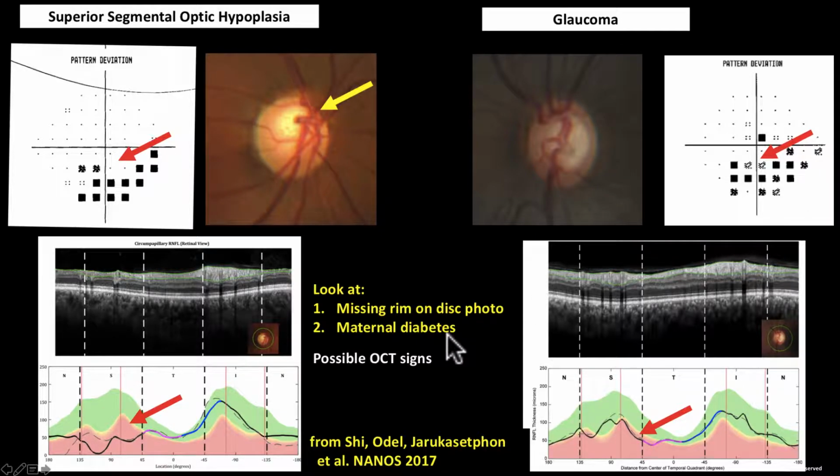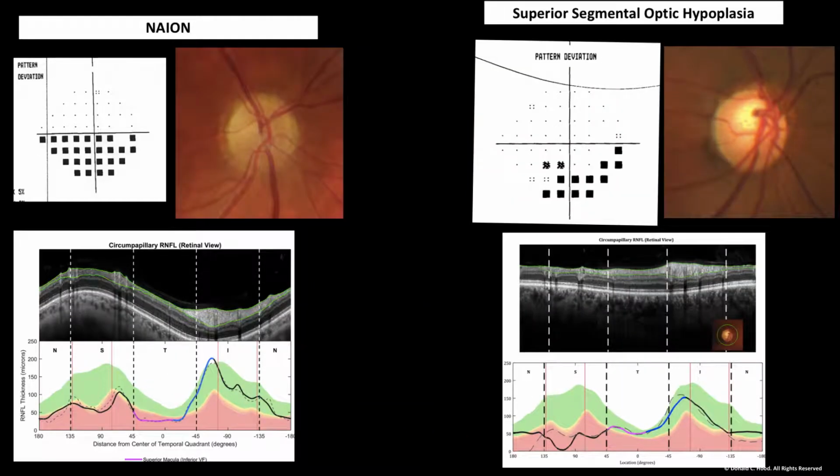And again, possible OCT signs, not critical for this lecture, but if you're looking towards future use of OCT, the lamina cribrosa is thicker than in glaucoma. Okay, so